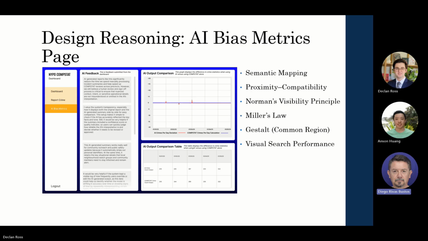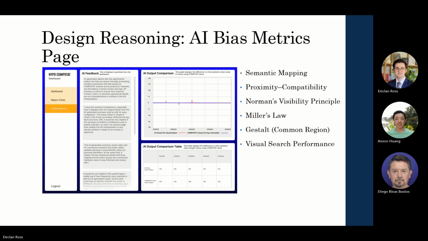Norman's visibility principle. The AI bias matrix sidebar tab is highlighted in orange, making it obvious which page is active. Miller's Law. Feedback messages are chunked into short, scrollable cards so users process one comment at a time, reducing memory load. Gestalt, common region. All feedback cards share a light gray background and border, visually grouping them in one unified